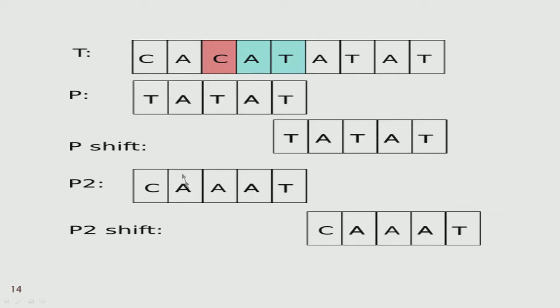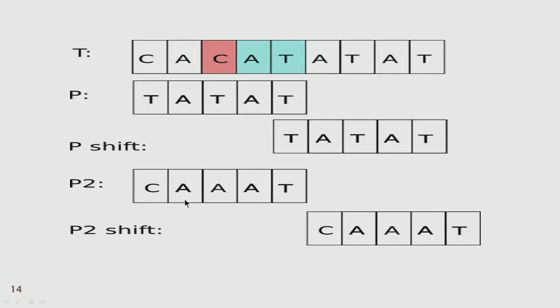The second possibility is that even such a shift does not occur, then we would have to shift the whole pattern n units to the right. In this case, it is 5 units to the right. Let us just see such an example. The pattern in this case is the string CAAT and the target is the same thing. Observe that this AT and this AT match. There is a mismatch between C and A here, and now observe that the pattern AT here does not occur